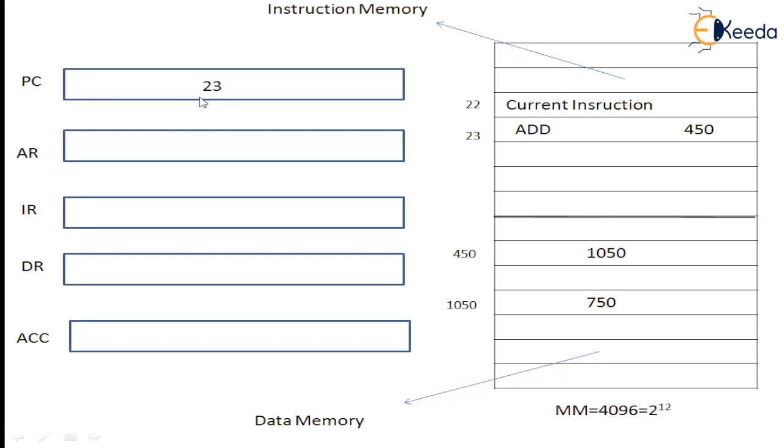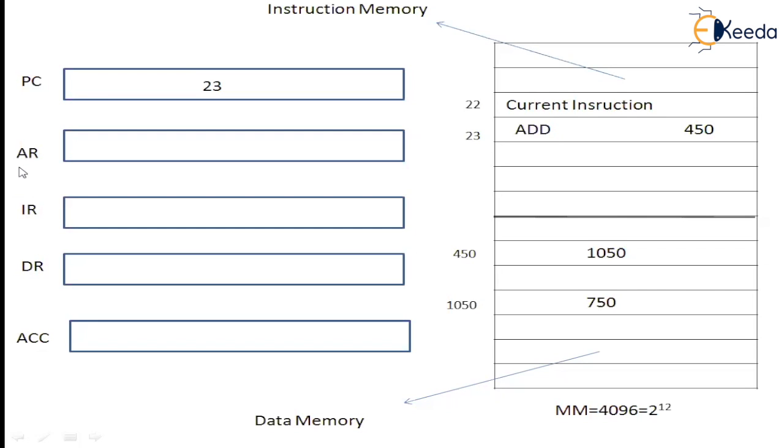Which register is going to do that? Which register holds the address of the instructions or data that need to be located in the main memory? The address register is the register which can communicate with the main memory, right? So if you have an address, in order to get it located in the main memory, we transfer that address to the address register. The CPU will transfer that address to the address register. That was discussed in the single accumulator organization while I was explaining the descriptions of the program counter, address register, instruction register, data register, and accumulator.